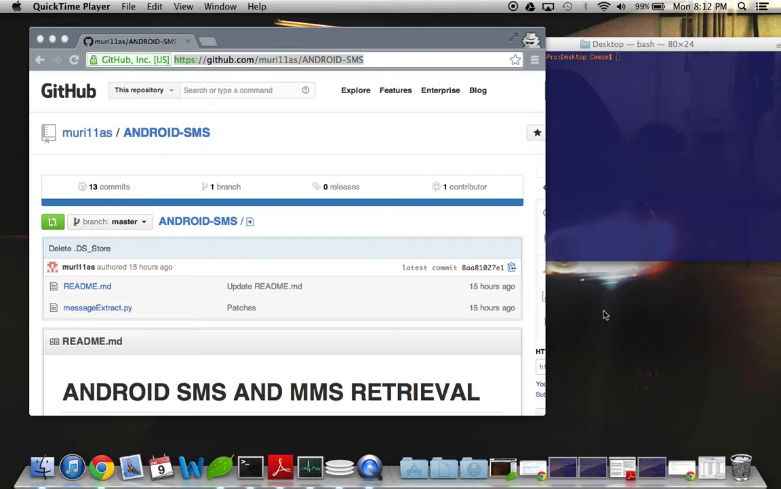Android-SMS-Mms-Extractor. This tool will be able to extract SMS, which are text messages, and MMS messages, which are multimedia messages, from a rooted Android device. Now, MMS messages could contain pictures, videos, audio files, or contact V cards. So to start off,